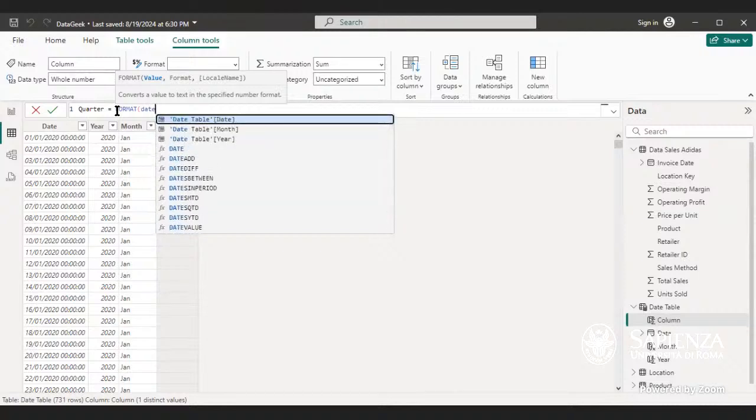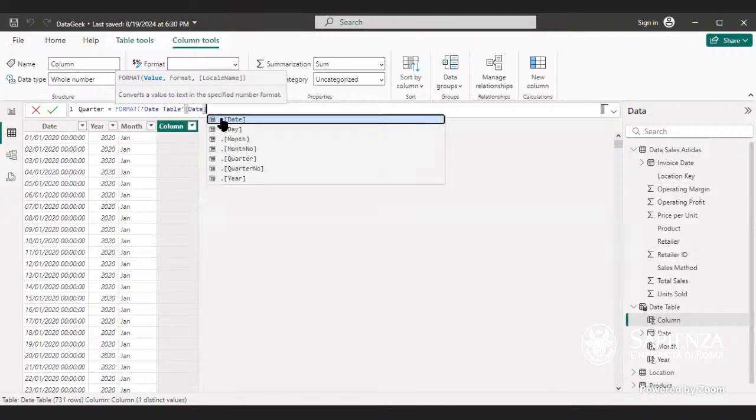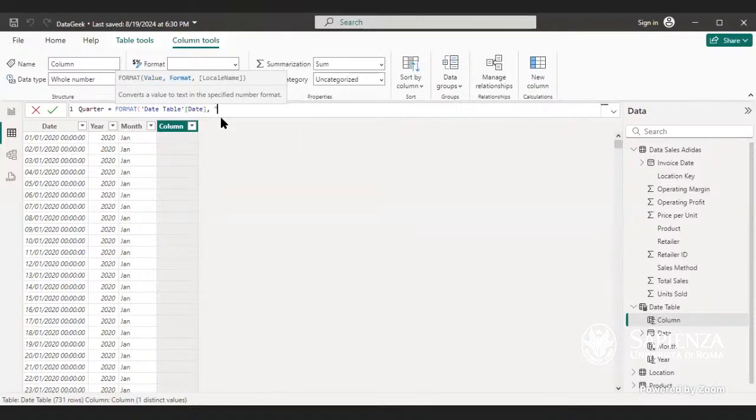Always remember, because we write dates, it's going to show us date table, date table month, date table year. So you are going to ignore the date table month and the date table year. It is this date table date that we use to create anything that you want to create. So you separate with a comma, then we have Q, Q, Q. We have 3 Qs and then